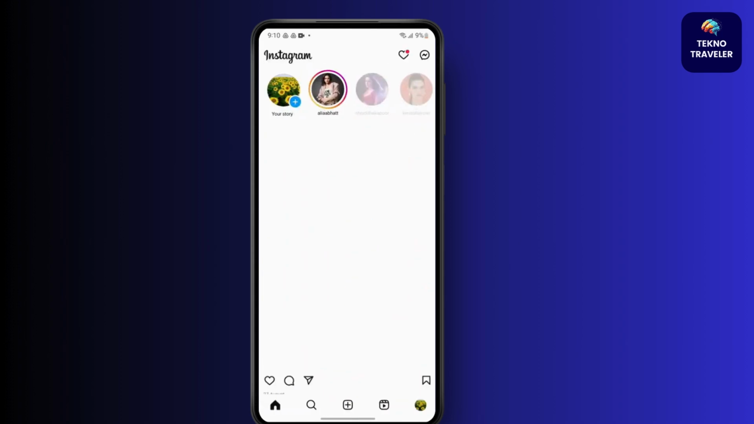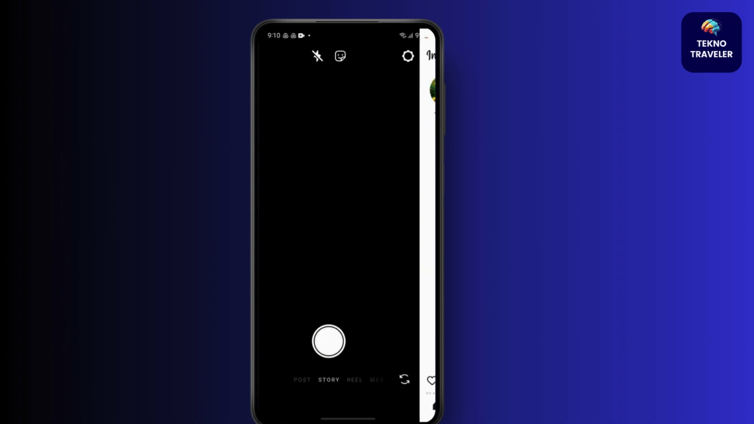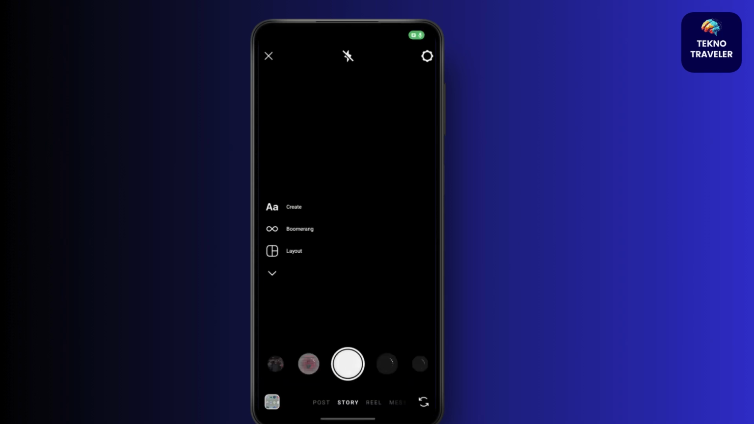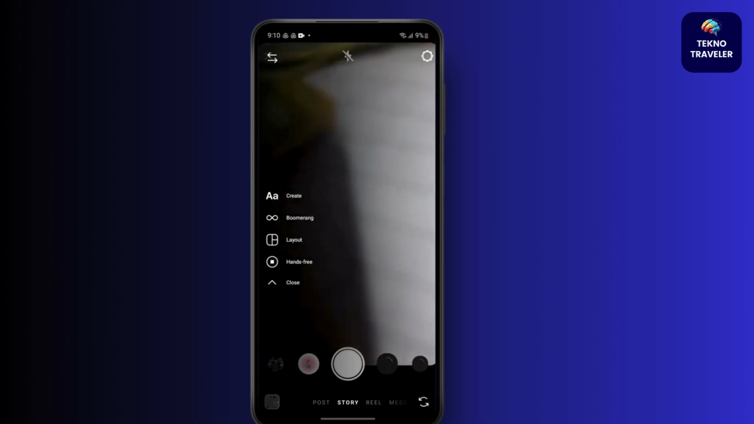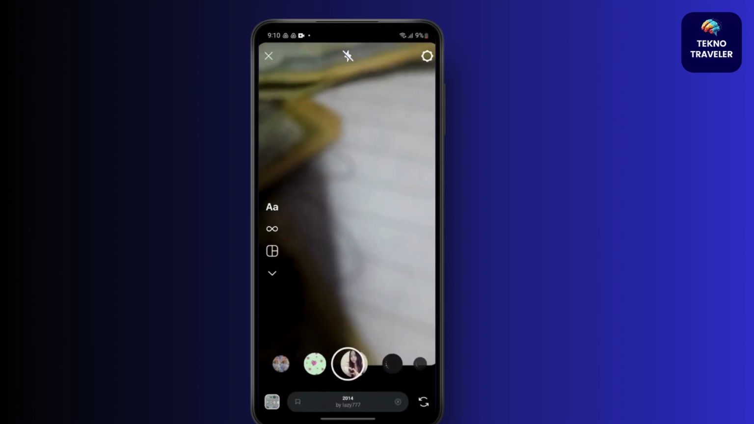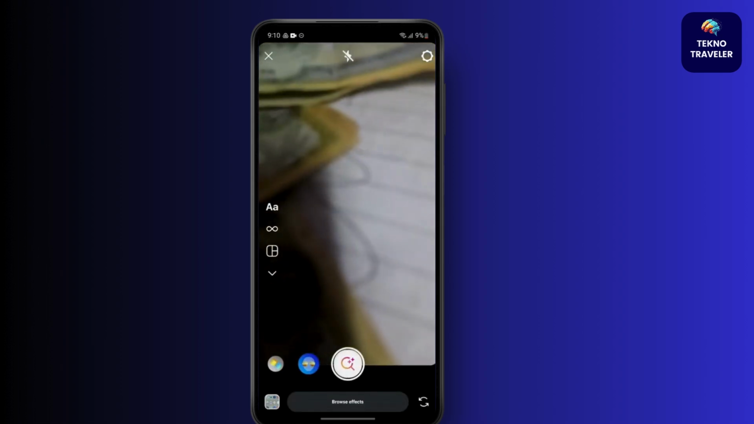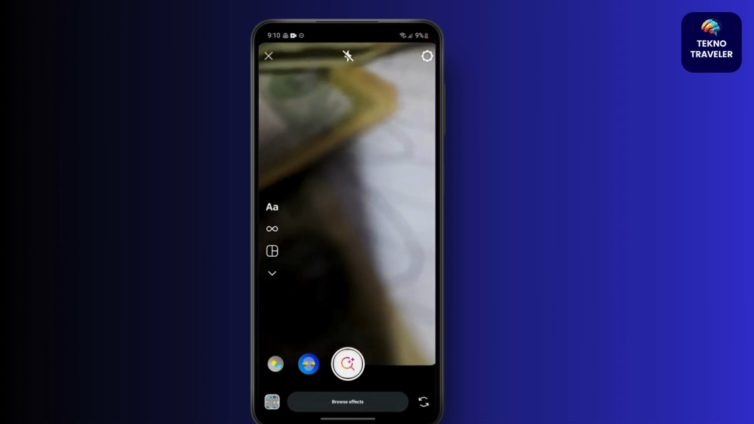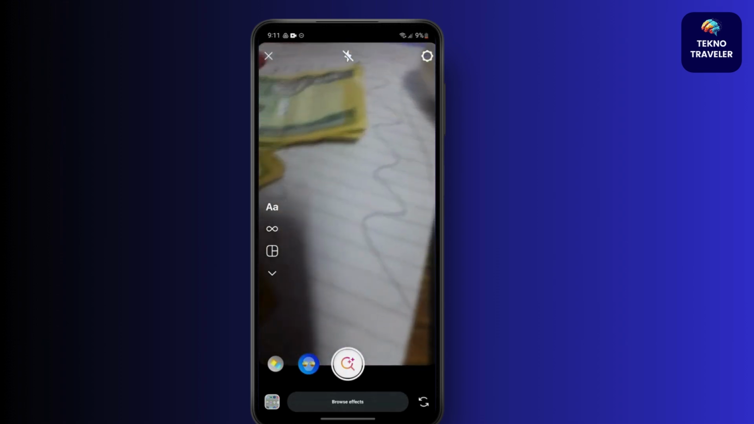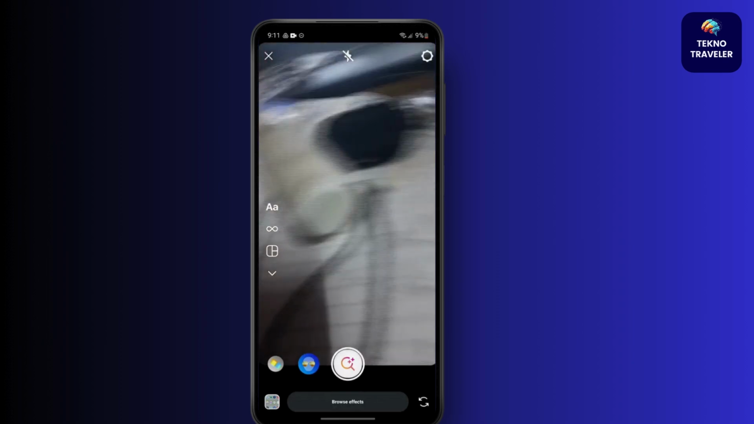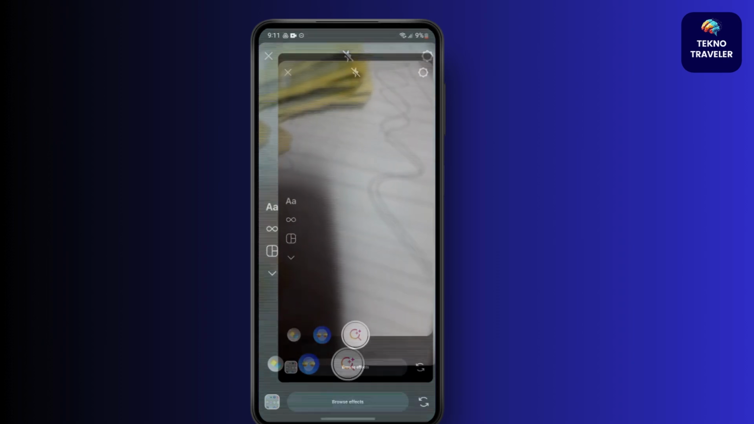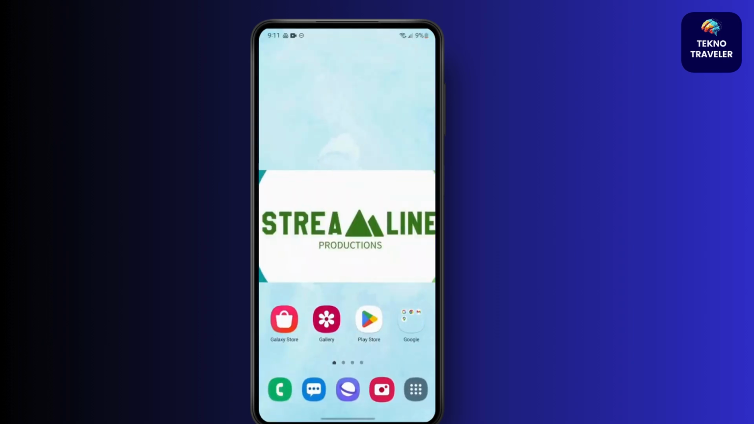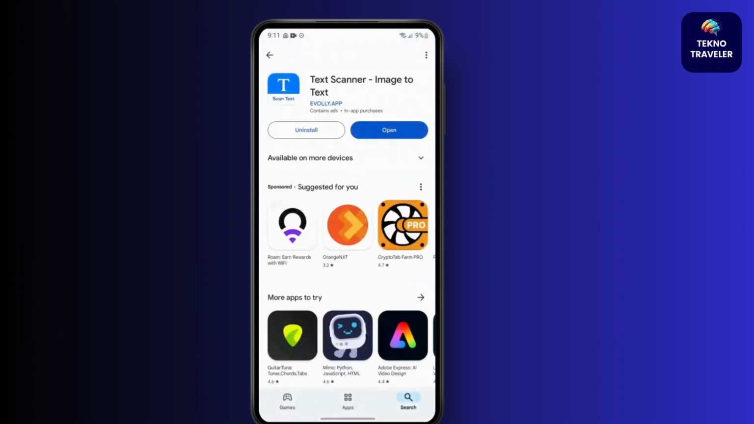So simply open your Instagram and then go to story, and this is the effect you would be looking for, or this is the icon you would be looking for, where you can search several other effects. But if this is not being shown in your application, what you have to do is go to Play Store